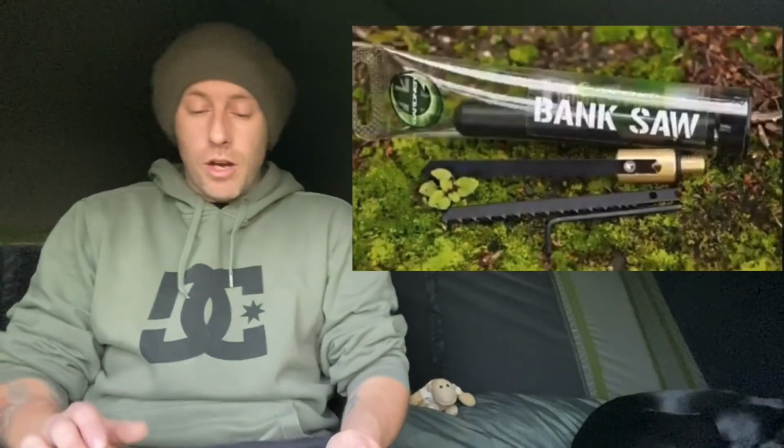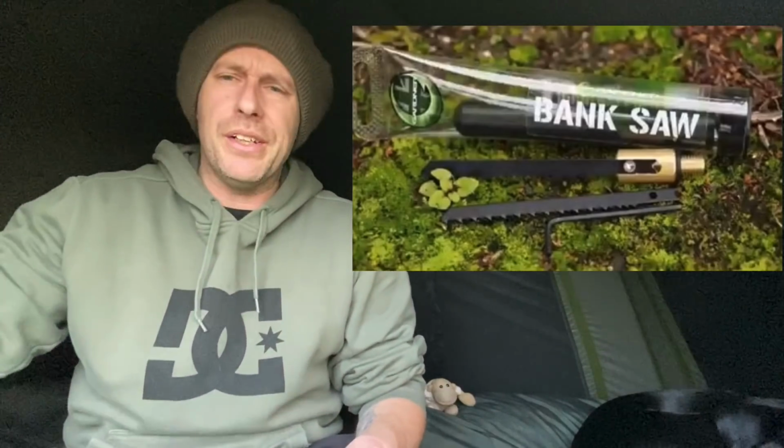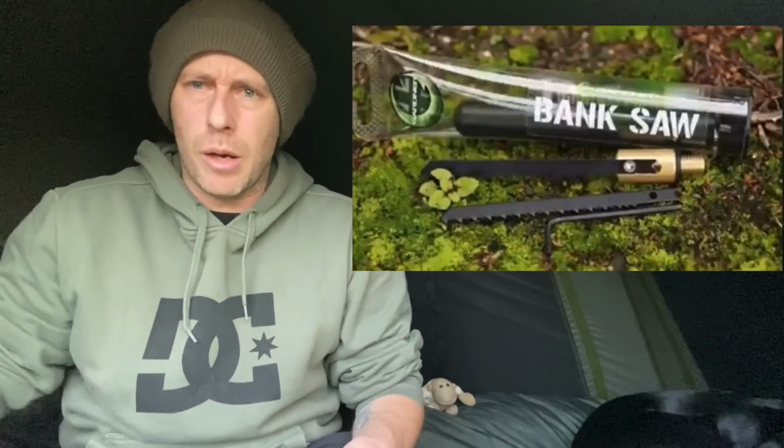Anyway, next up we've got the Gardener bank saw. There it is, look. That's just in case you want to get booted off your syndicate rather sharpish. You can go around and treat yourself to a bank saw, go fill your boots, get booted off your local syndicate. Bankside blogger. There he is with some extracurricular activities. Next up,